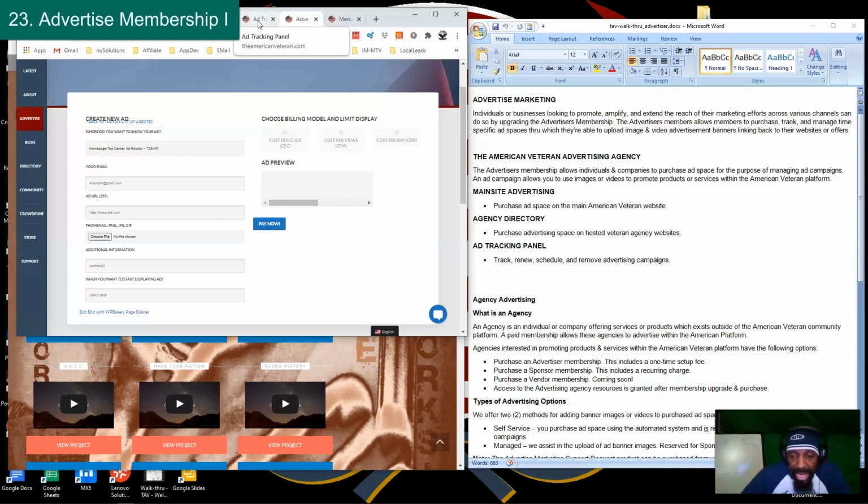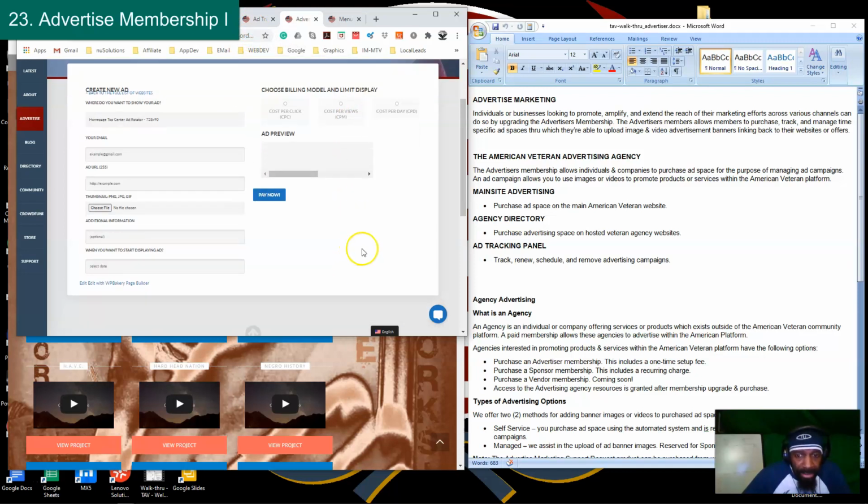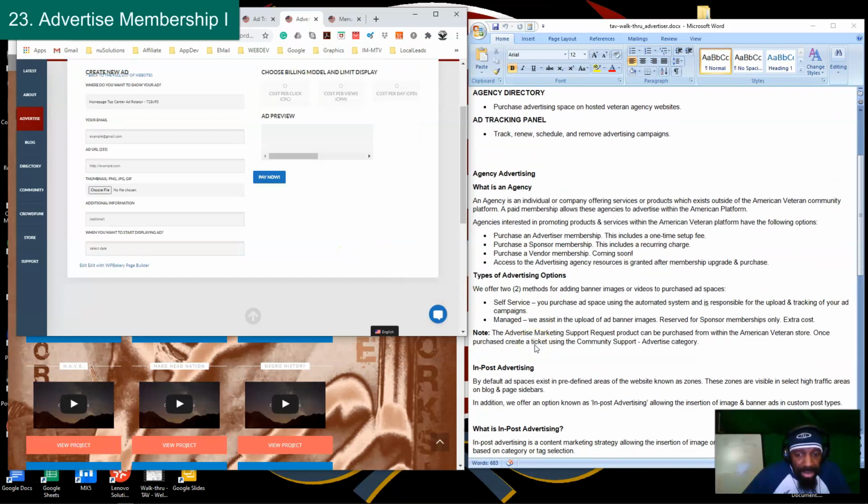Advertisers membership works. Now, I provide you with 2 options. You can either go with a self-service, and basically, a self-service is where you do everything on your own, and there's a managed. A managed is where we do everything for you. We upload the images, we get everything set up for you, and then all you do is go and monitor the tracking panel. Okay, now there are also additional options in terms of